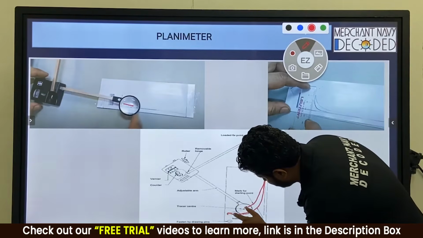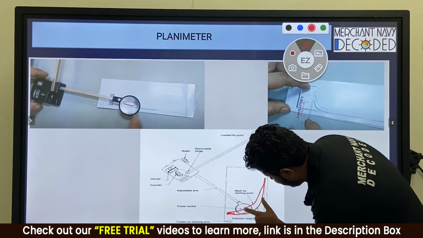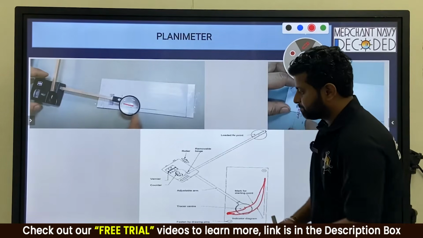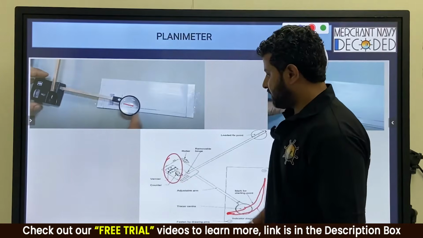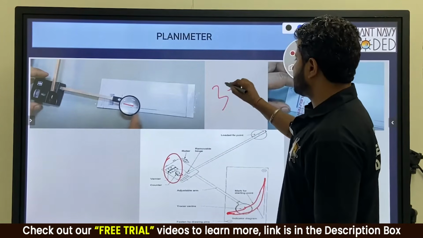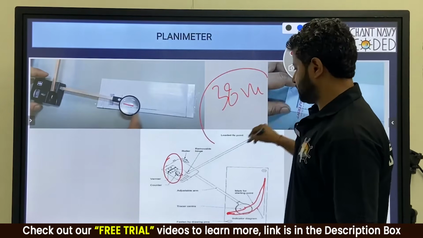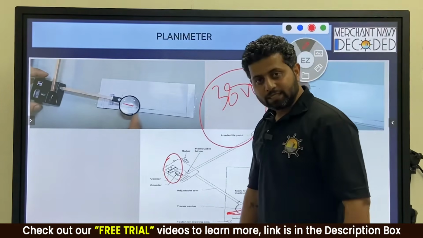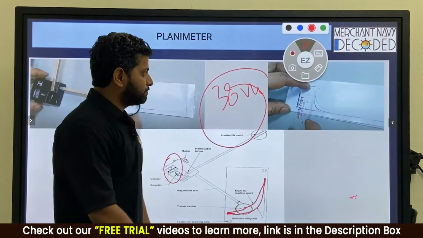We have to be very careful. We have to go like this, and from here, and we have to end it over here. The moment we end, we just come to this vernier unit and see how much is the area developed over here, and we call it say 38 vernier units. Copied guys? This is something very important.